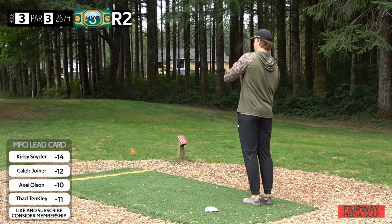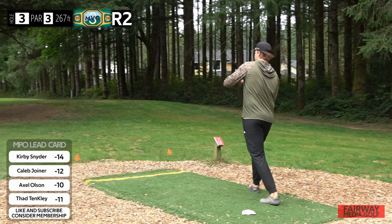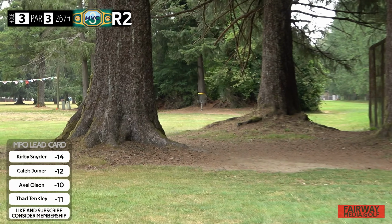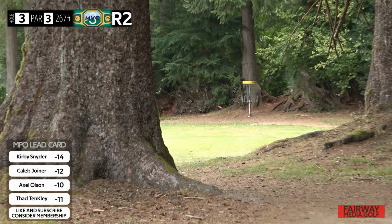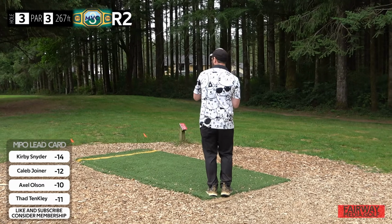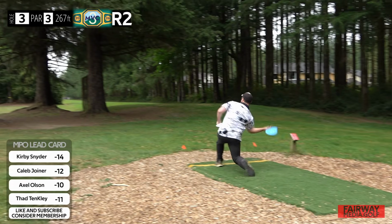All right, hole 3 is a par 3. It's 267. Yeah, the only real change to this hole from the way South Fork usually plays is that there's going to be a hazard and a dip in the middle. Shouldn't be a problem from any of our MPO field here. I'm going back to that